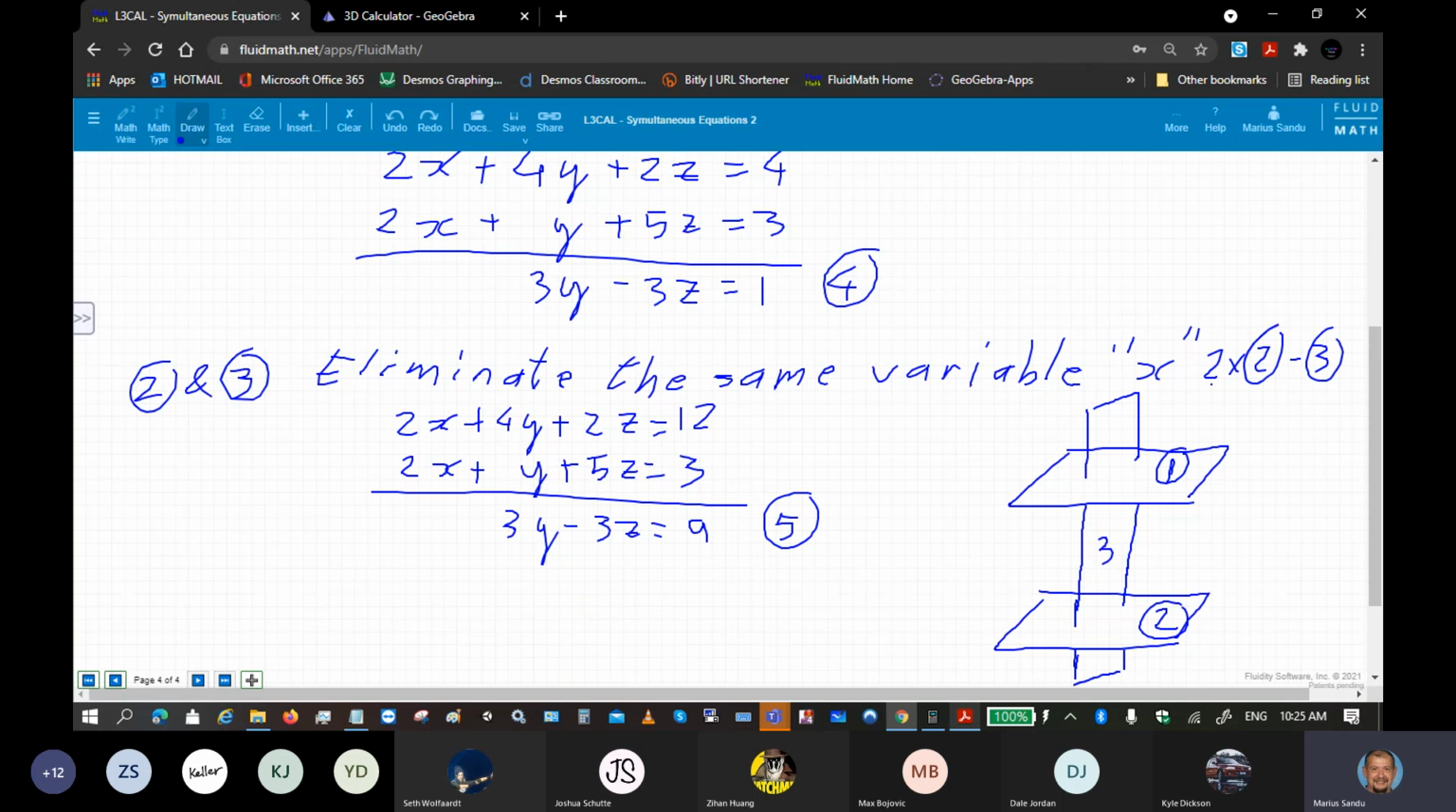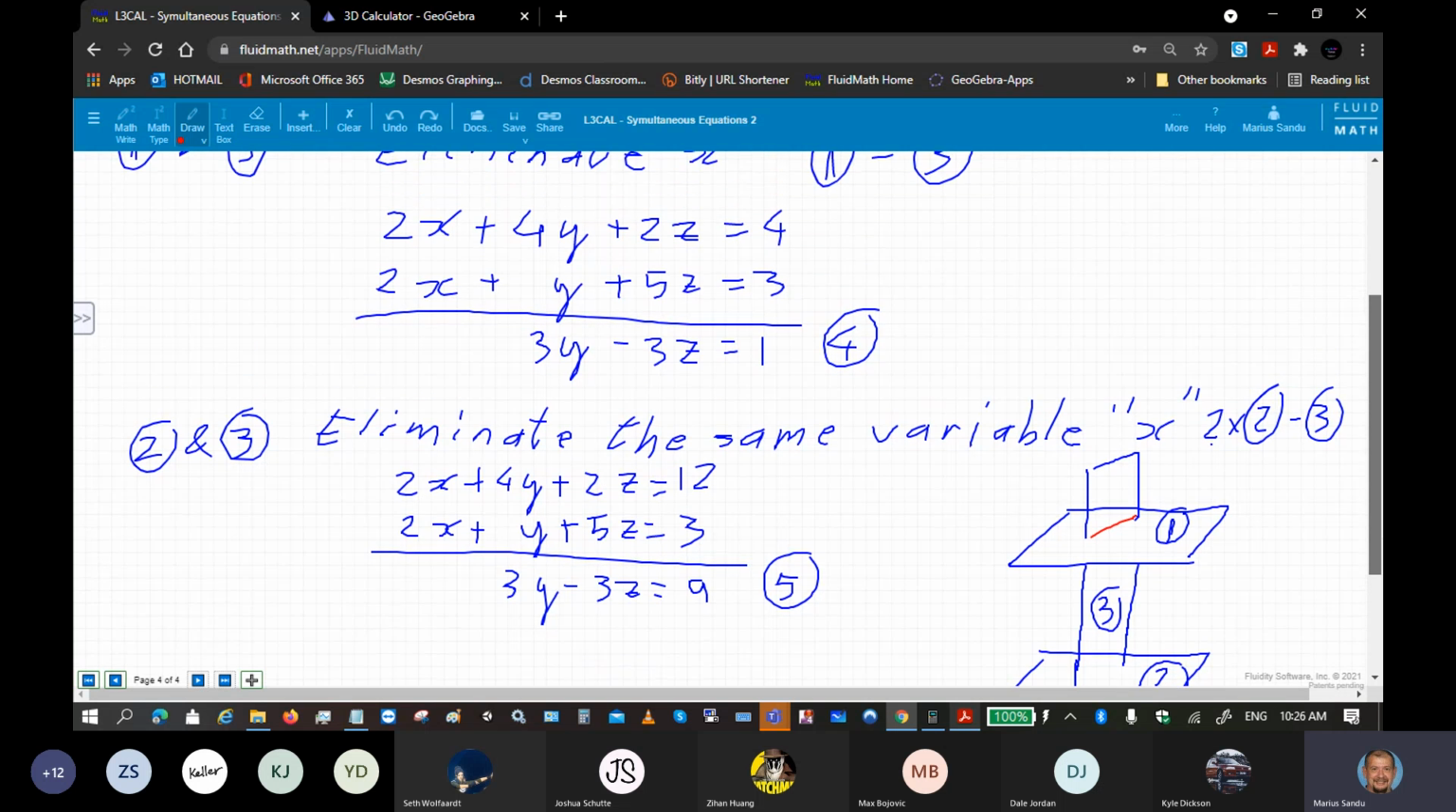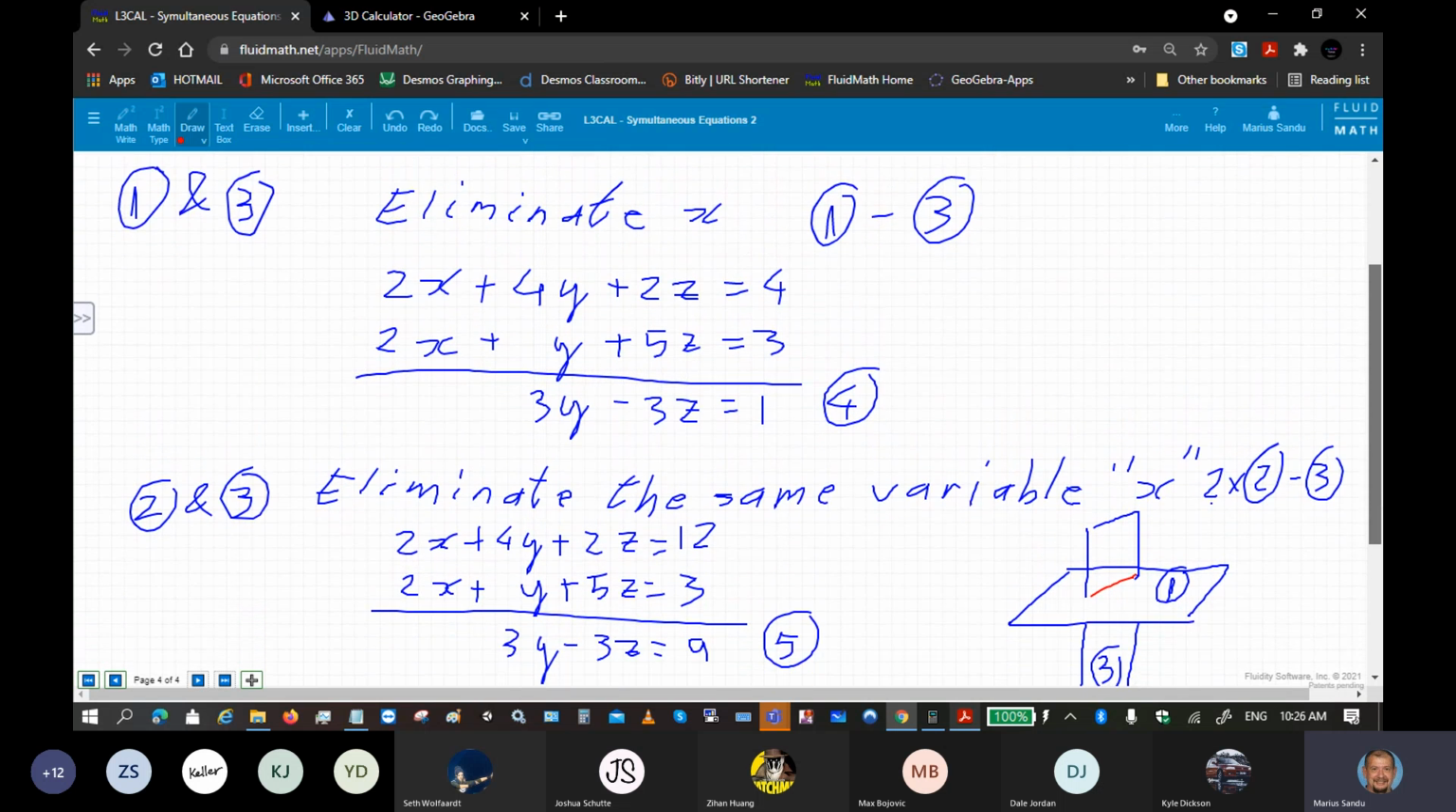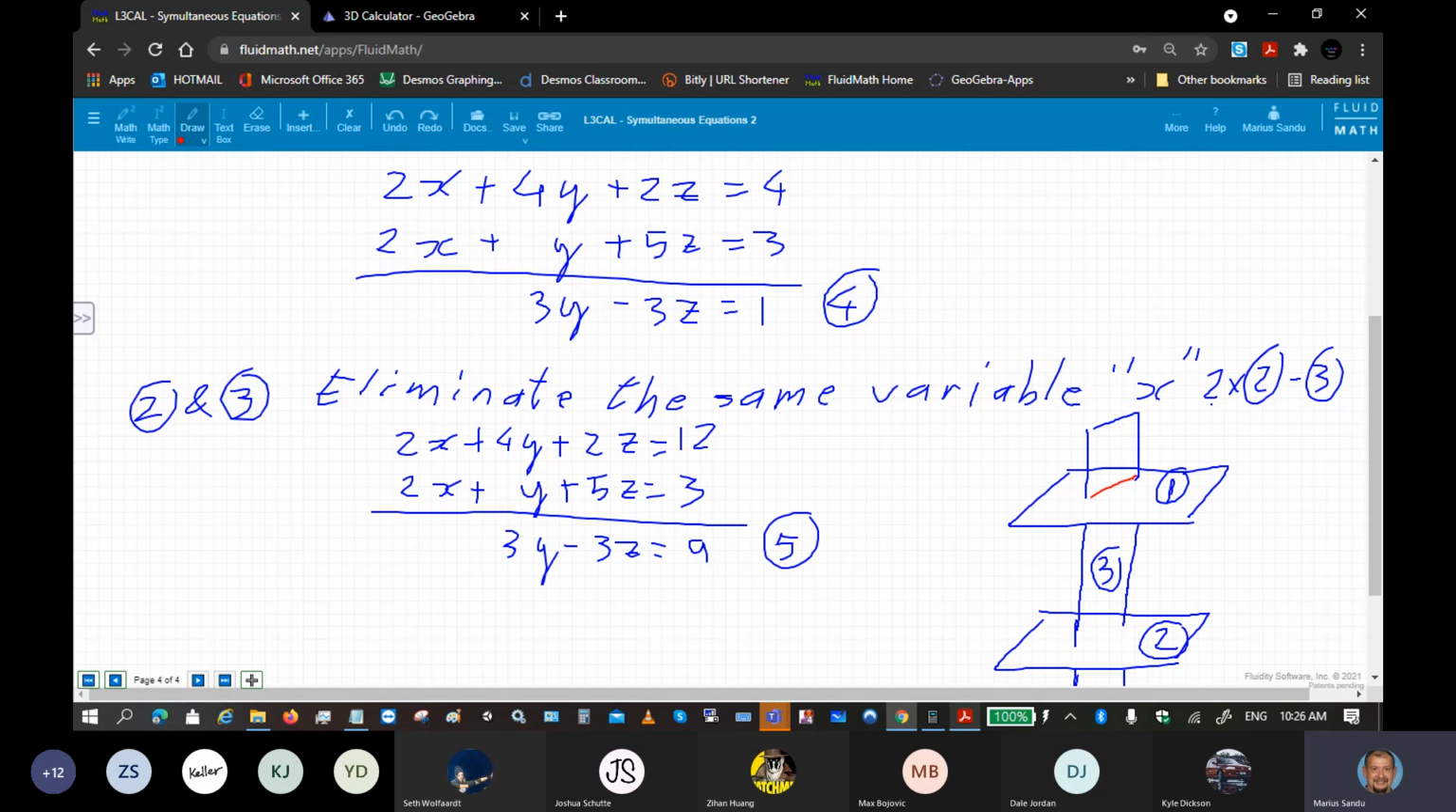And this is number 3. And this guy's here. So 1 and 3, from 1 and 3, I got equation 4. That is equation 4. And this line here is from 2 and 3, and that is equation 5. Yes, and 4 and 5